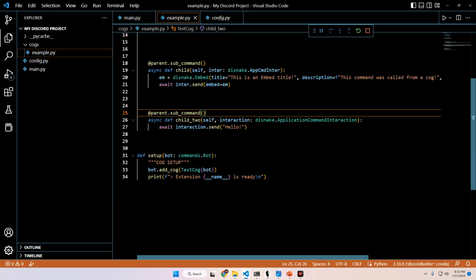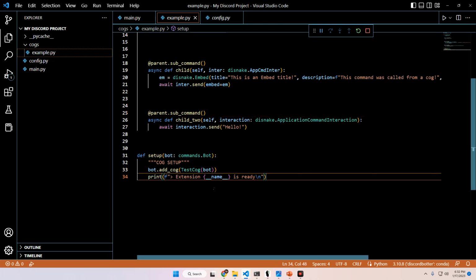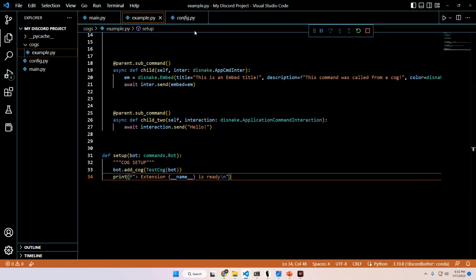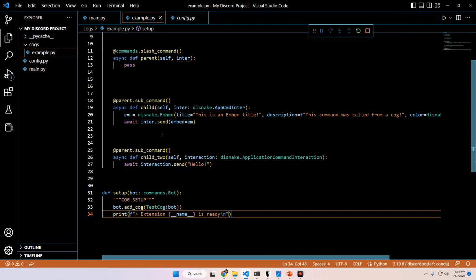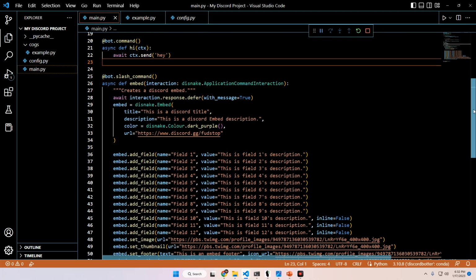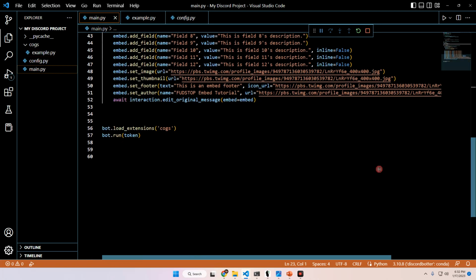And then underneath that, you create a print statement that lets you know in the terminal that the Cog has been loaded and it is operational and should work in your server. So that's basically it for your Cog. We have a Cog set up in the class testCog, and we have a parent command named parent, and we have 2 subcommands named child and child2. I'm going to use both of these in the server and show you the message that pops up when you load this Cog. Now back in your main folder, all you got to do here is at the very bottom,